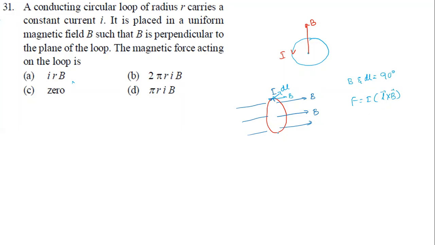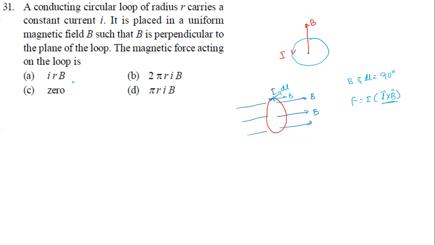Okay, that means any part that is at 90 degrees. So now, the force acting. There is a force there. But what is the direction of the force? Again, using Fleming's left hand rule, so L cross B. Again Fleming's left hand rule? Current, what, not Fleming's left hand rule. That is the corkscrew rule or right hand rule.